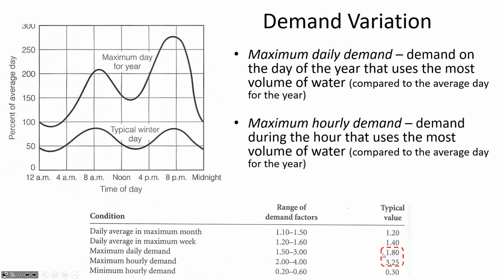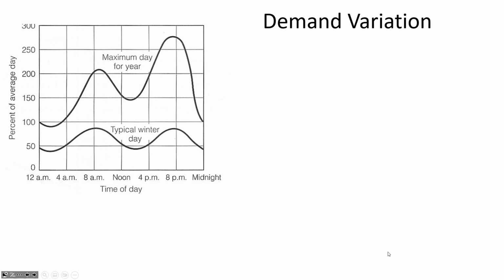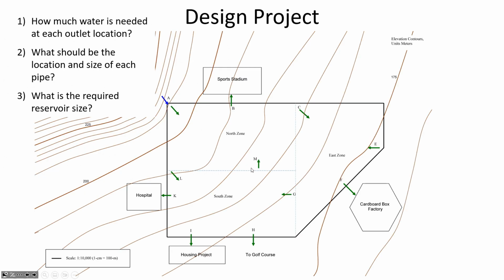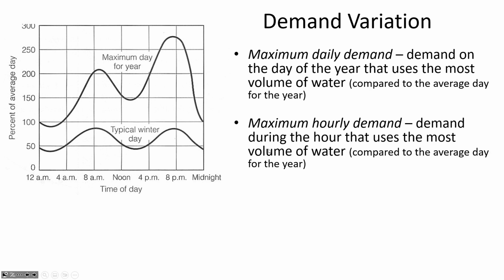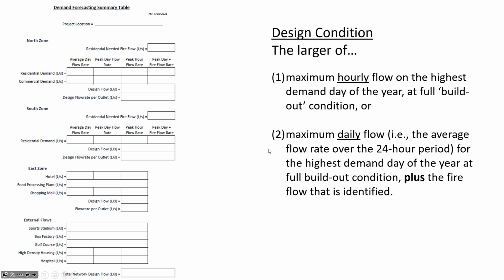So in your project, you're going to be designing each pipe so that in each of these arrows, you're going to identify what's the larger of either the maximum day plus fire demand or the maximum hour. The larger of the 2 is what you're designing for. Maximum hour or maximum day plus fire. Now, it's all going to be summarized on a table. Let me give you that now. I'll bring it up on the screen here, what it looks like.